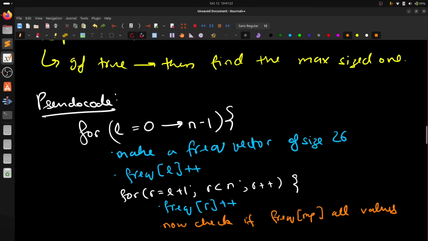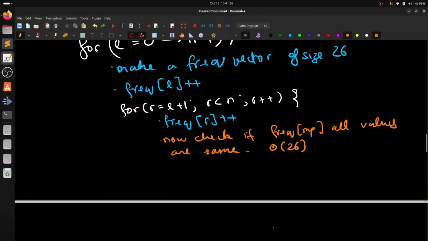What if something did not even appear? Then it will have frequency 0, right? So all values are same or 0, right? So if there's 0 values, we just ignore them, but the remaining values should be the same, right? And we can check this in big O of 26, since there's only 26 characters, so it's constant time itself, right? And then if this is true,